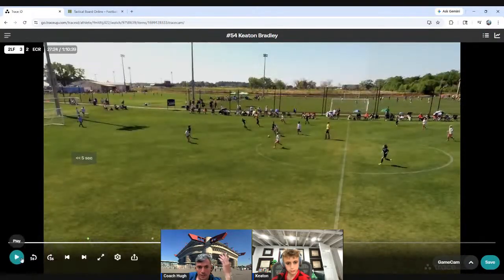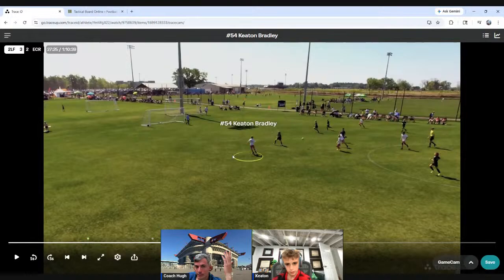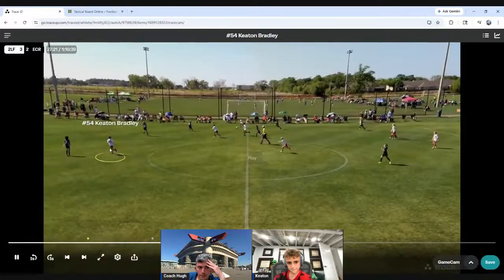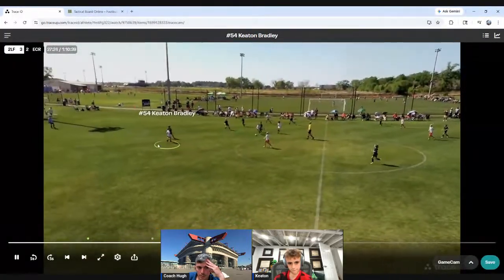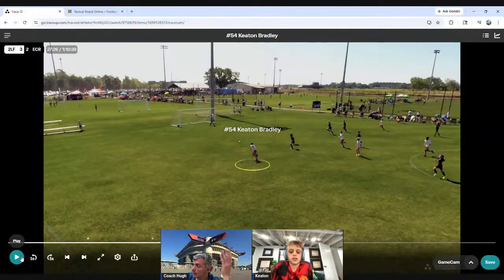So something else is reading your momentum. Where's your momentum going? Is it going forward or to the sideline? Forward. Let's back it up. Watch yourself. You're going forward. You stop. A little backpedal. Where are you running there? On the sideline. So as a player, he should have seen your momentum going to the sideline and not forward. So he needs to play you to your feet or to the sideline, because now you've got to change your direction to go and get that ball.